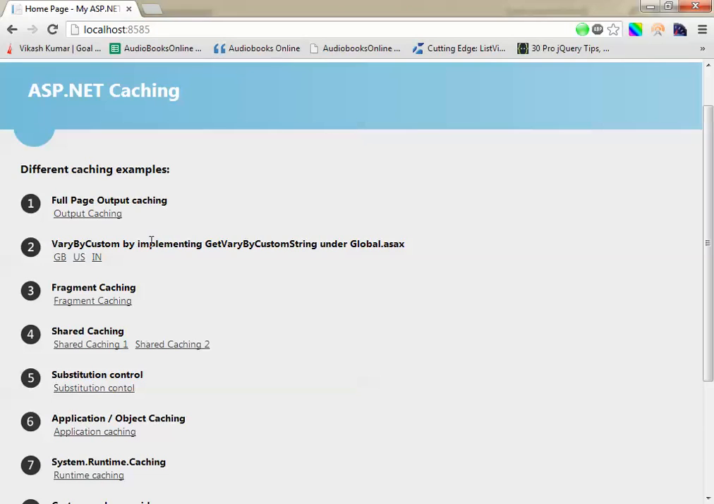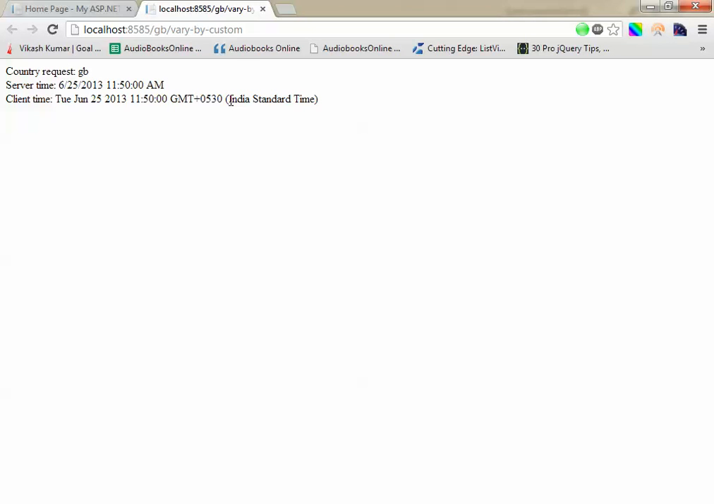So this vary by custom, you can implement any logic in there to get the item cached. In this one, let's say I have a website, and we are supporting various languages. So what I need is that a different language will have different cache items. So in this same thing, what I have done is,